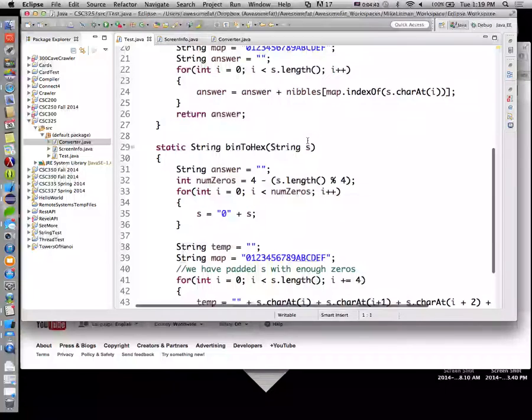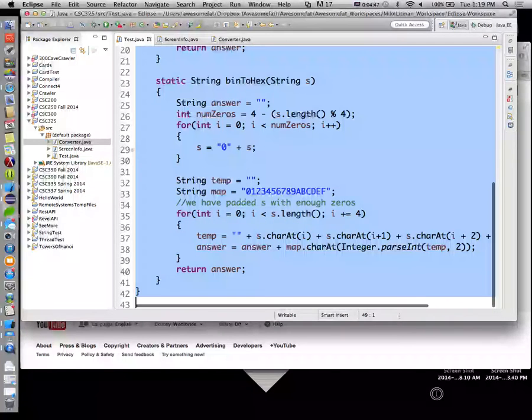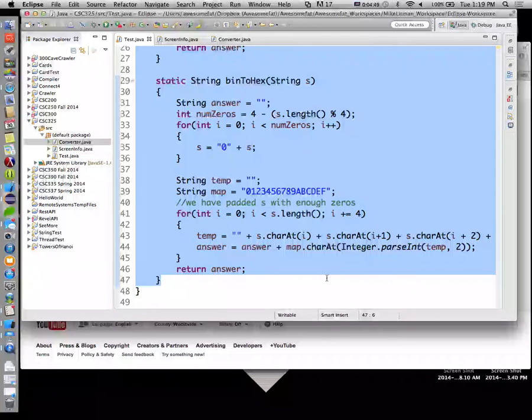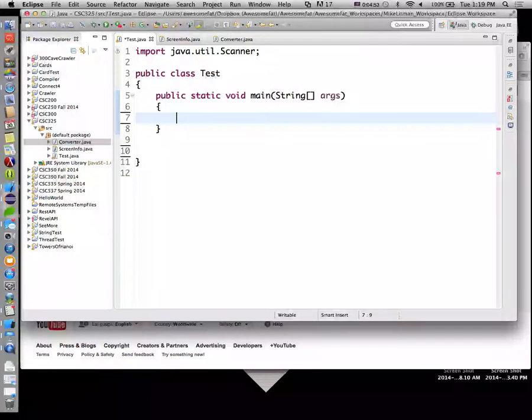Okay, so here's our hex to bin, bin to hex. All right, this is just going to confuse things. Let's just get rid of all that crap. Because I like deleting code. All right, so we'll go ahead and do this in main. So we're going to have a static